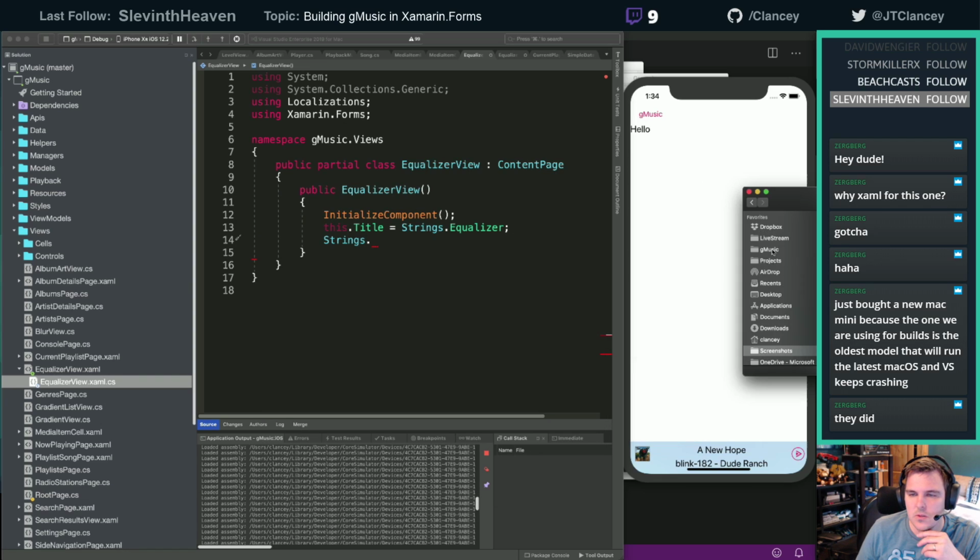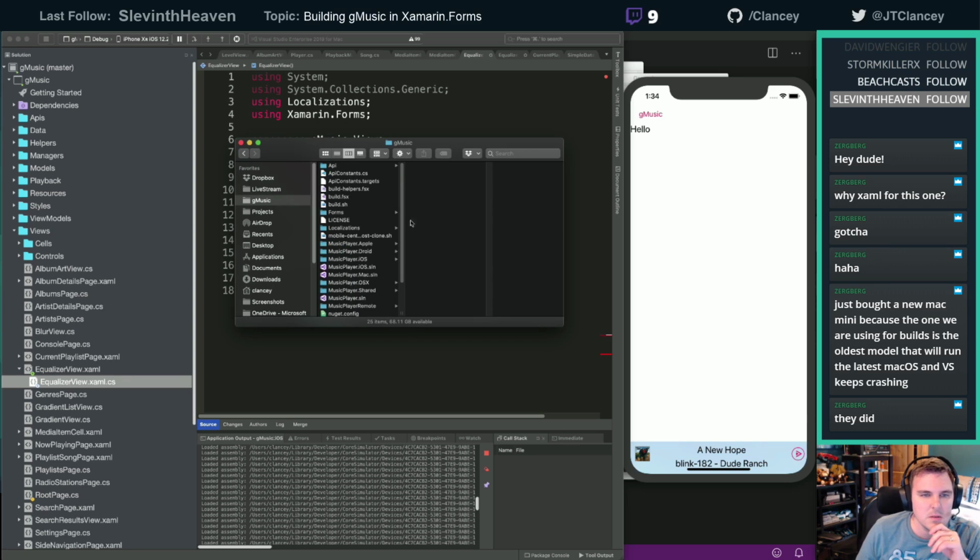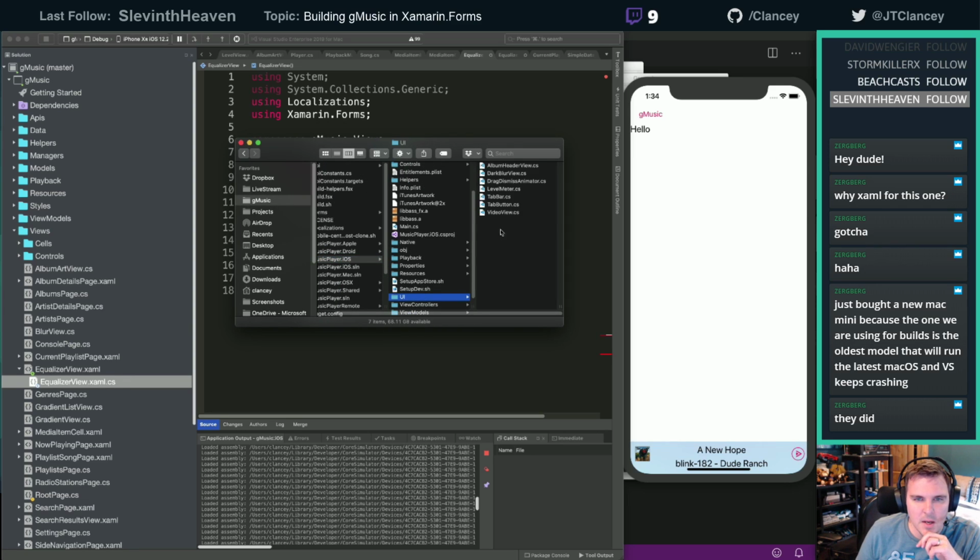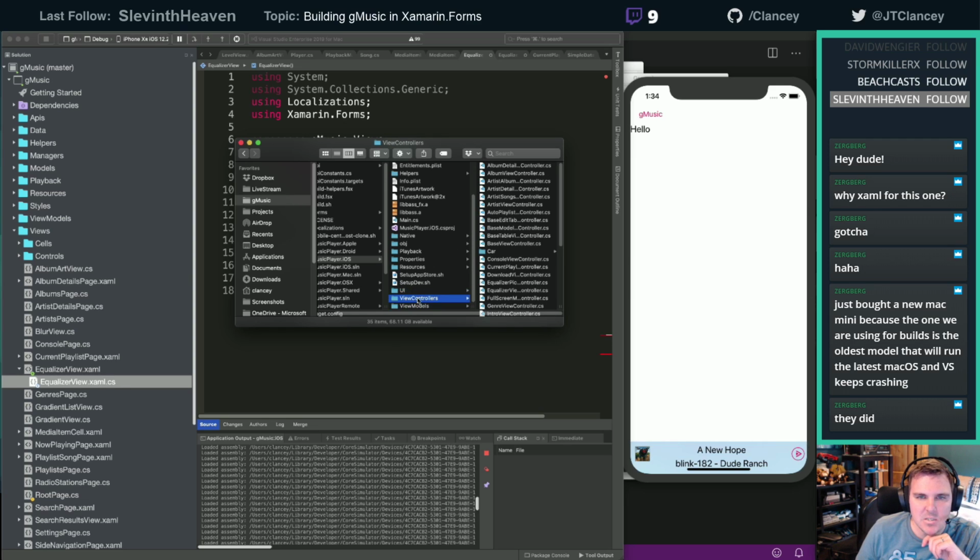Let's go to gMusic. And inside of gMusic iOS, we have UI. No, there's views. Right? Missing something. Here is equalizer.